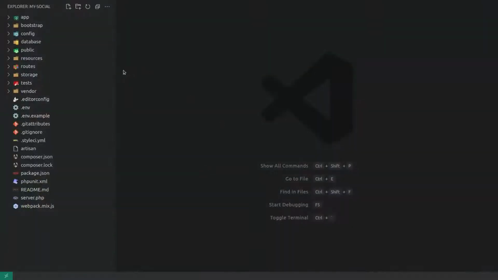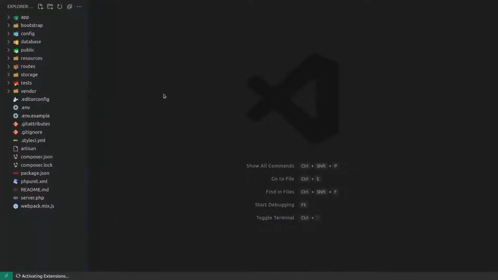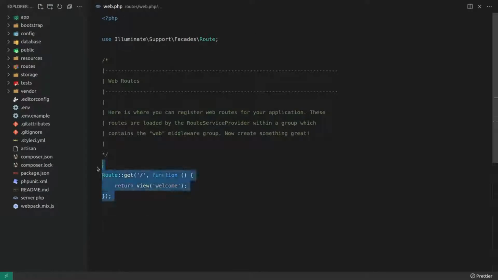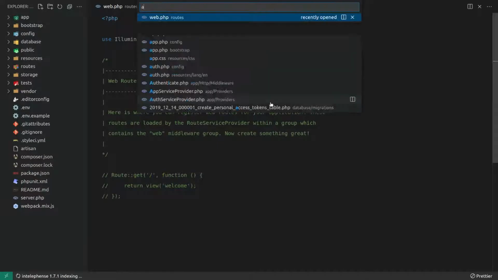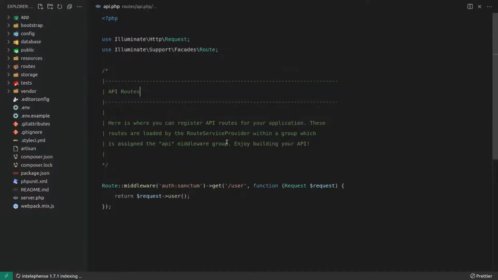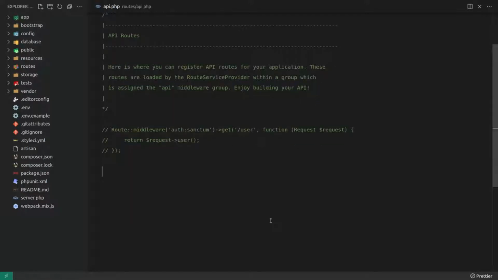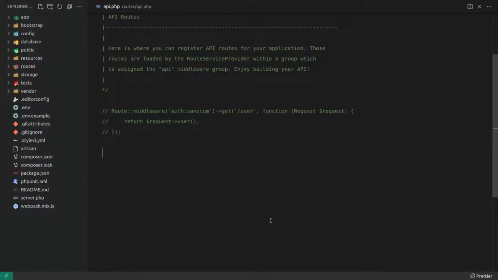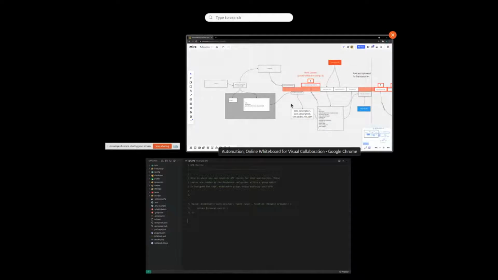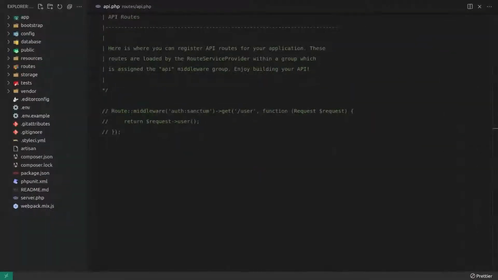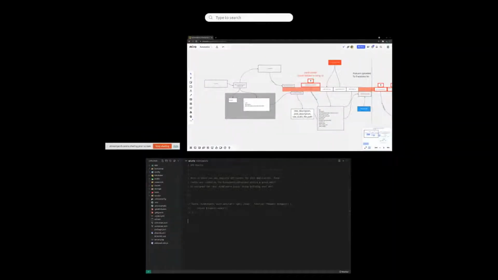Exit out of that now. I might just go to web.php, and we don't actually need that. That's going to be redundant in our app because this is just going to be a backend app to begin with. Let's jump into api.php. We actually don't even need any authentication in this application. It's not even going to have an entry point. It'll just sit on the web and access APIs on its own.